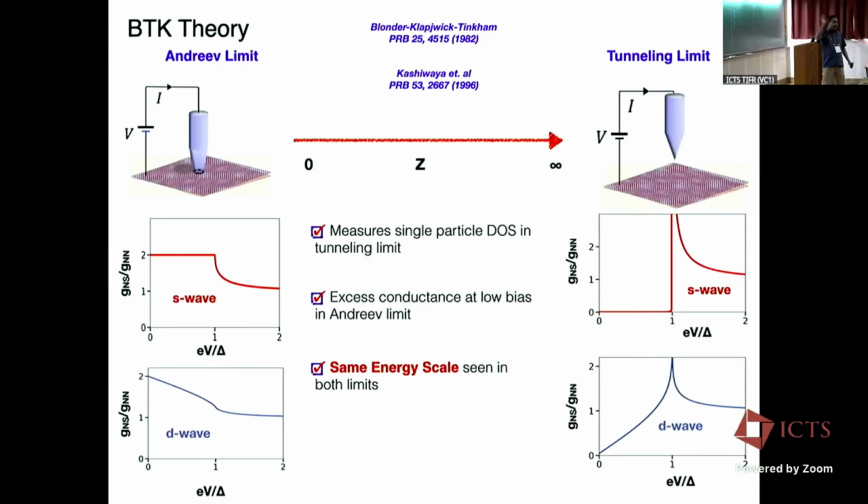So if you were to go and explain that data, you would need something more than a single scale in the problem. If you want to say that, oh, maybe it's a pseudogap, etc. So you need to write down a theory which allows you to do the same problem, but without using wave functions or mean field theory.